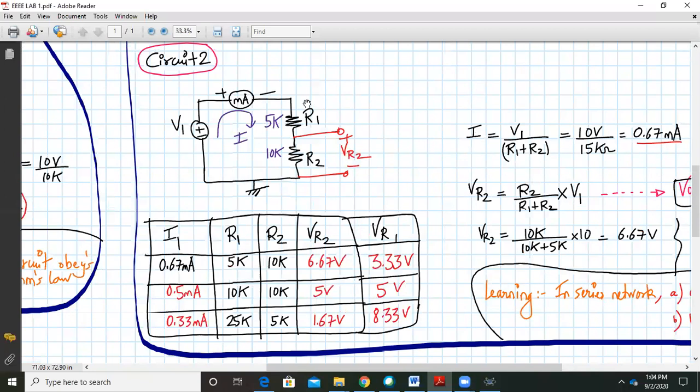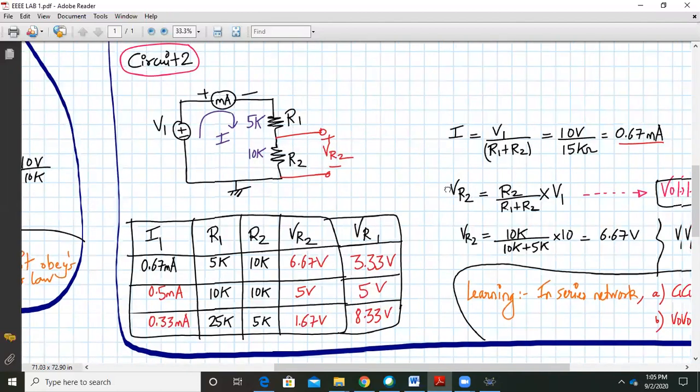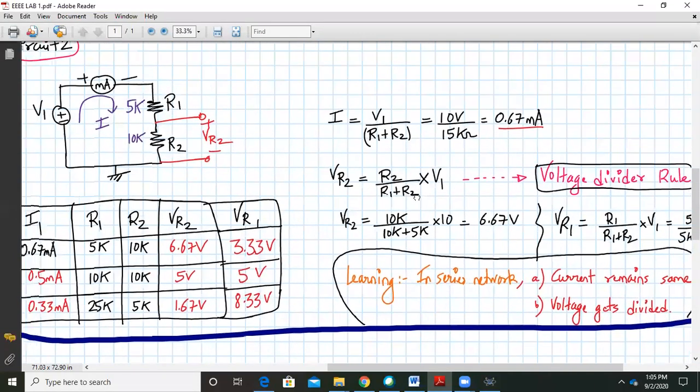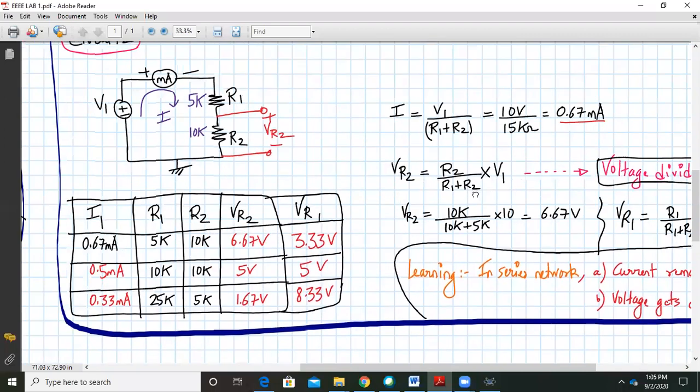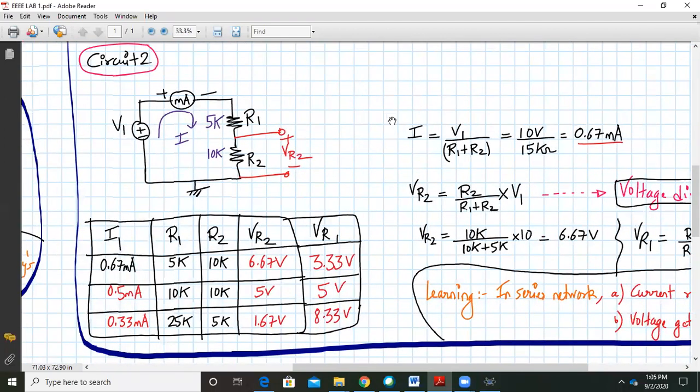Basically, the total voltage over here is 10 volts. This is split into two parts. Because the current flows through the resistor R1, it will create a voltage drop. That voltage drop we are calling VR1, and it is coming out to be 3.33. You can do it this way also: VR1 is equal to I1 into R1. That will again give you the value as 3.33. But this is one more technique, the voltage division rule. This also we can do without even finding the value of I.